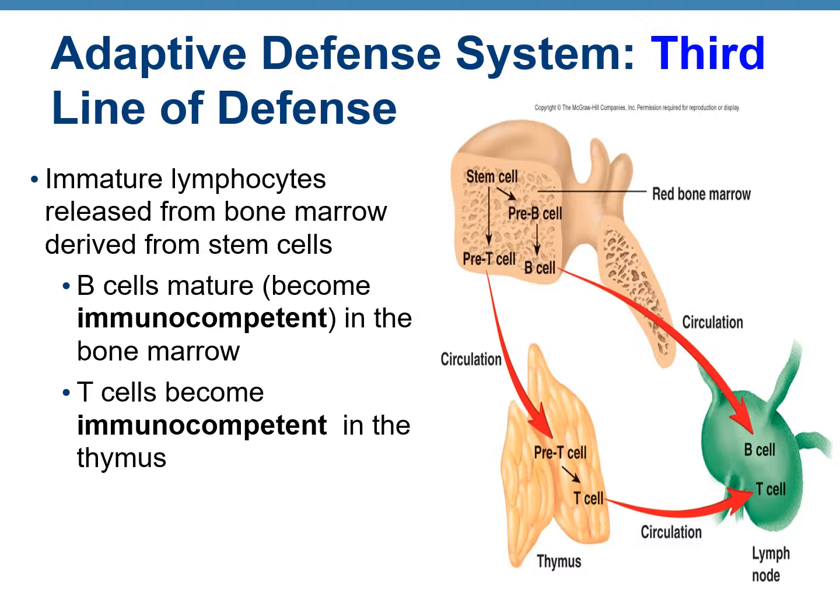nodes. On the other hand, the T cells cannot become immunocompetent inside the bone marrow. So they go out as a pre-T cell into the blood circulation. Blood circulation takes it to the thymus gland. Inside the thymus gland, in the presence of thymosin and thymopoietin, pre-T cell matures into T cell, and then the T cell again goes out via blood circulation. It reaches the lymph node.